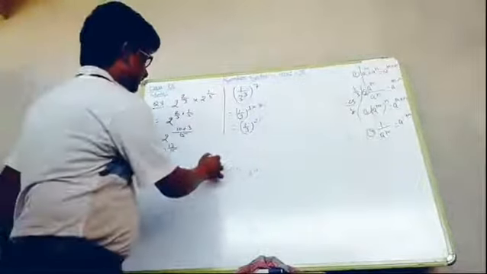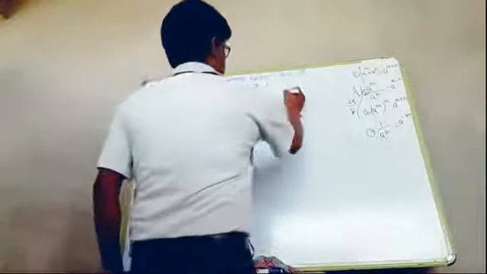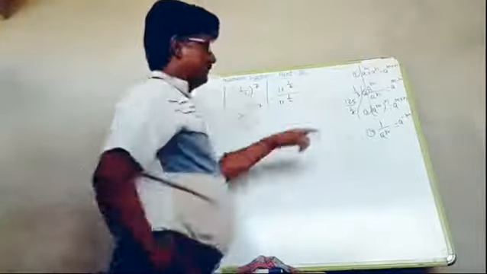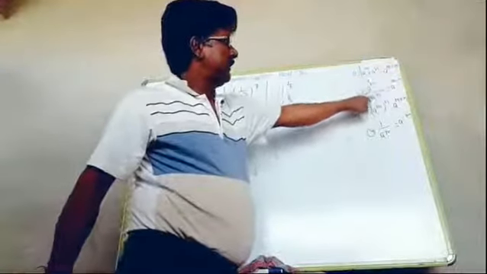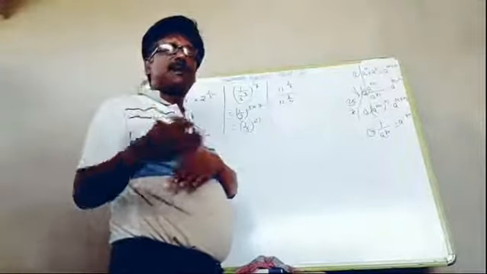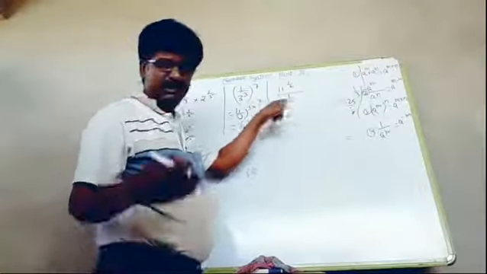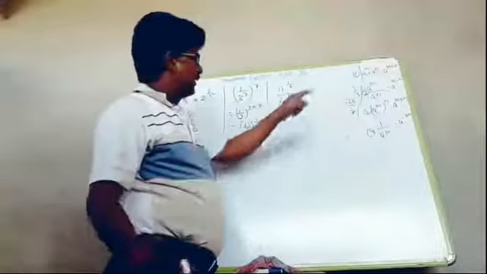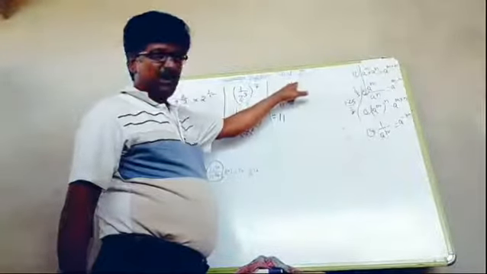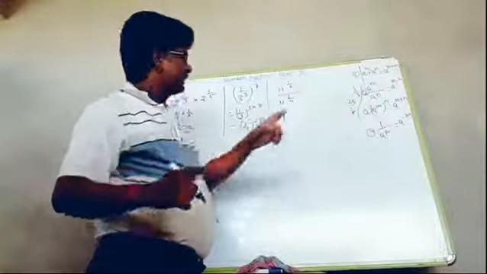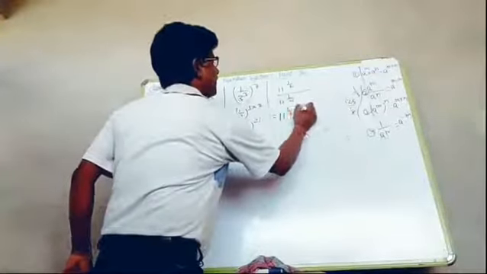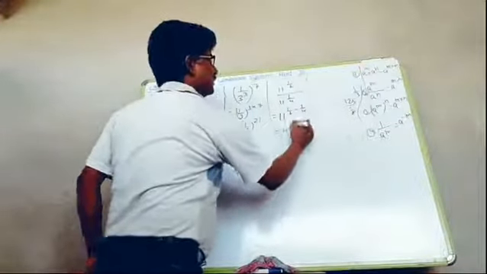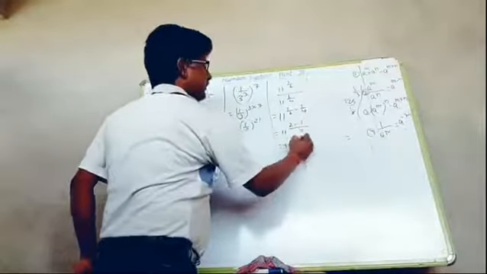Next, this is the third question, 11 is raised to power 1 by 2 by 11 is raised to power 1 by 4. See, second law. A is raised to power m by a is raised to power n is equal to a is raised to power m minus n. So base is same. In this question, we have to take base as common, that is 11. Now we have to subtract 1 by 4 from 1 by 2, and that will be its power, that is 1 by 2 minus 1 by 4. And again, its LCM will be 4, 2 twos are 4, 2 minus 1, that is 11 is raised to power 1 by 4.